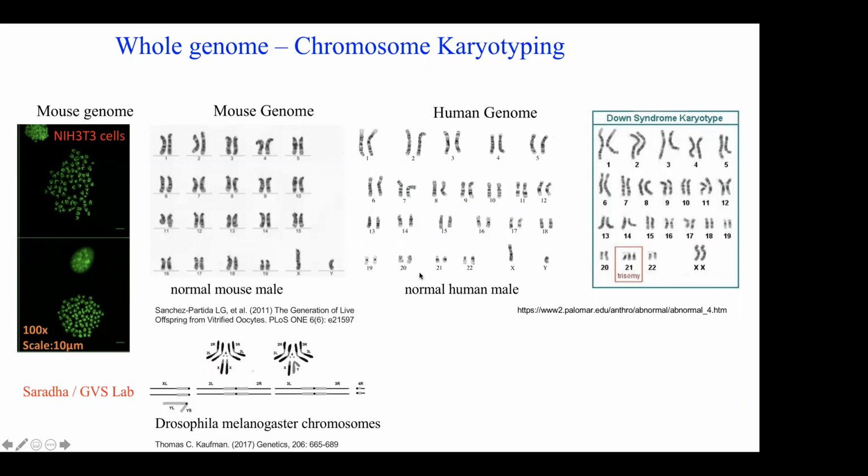Similarly, in human also, you have the normal cells. You have cells from the patients. So here is a Down syndrome, where you have the trisomy of chromosome 21. If you take an example of Drosophila, you have only 4 chromosomes. But interestingly, if you take mouse, human, and Drosophila, most of these genes are highly conserved. So that's why they use a different genome for studying either human disease or express the mouse gene in Drosophila or the Drosophila gene in human, vice versa. So they are conserved. Many genes are conserved. I don't say all the genes, many genes.